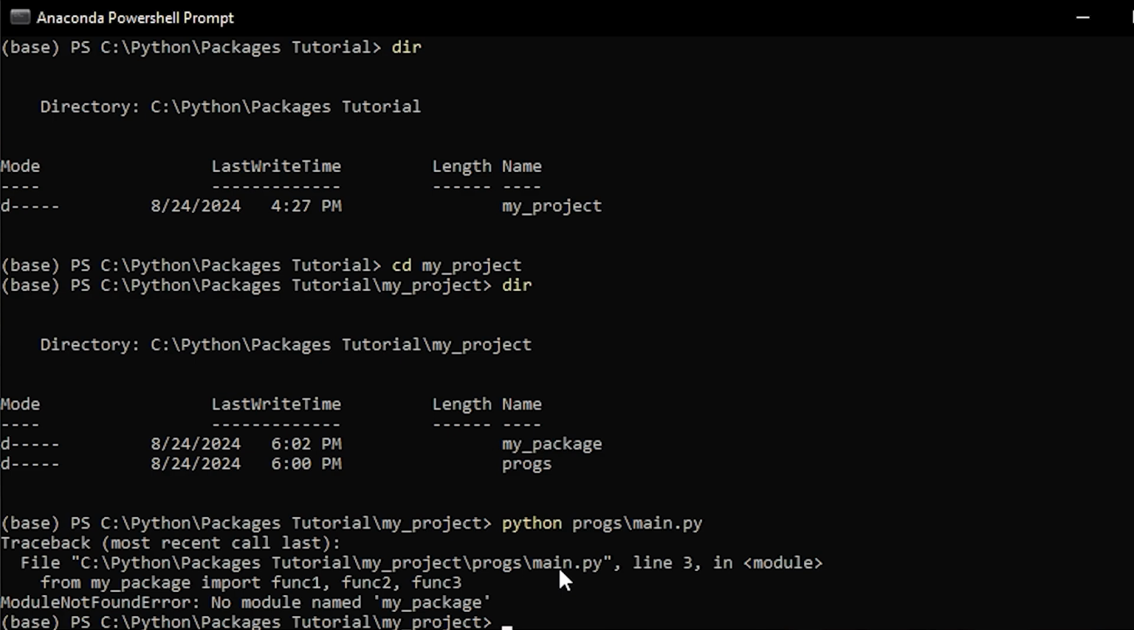We got an error because Python did not know where to look for the modules. And the reason for that is because we are running Python in the base environment, and we have not added that path to the Python path variable. And here's how you can do that. You can set the Python path variable like this: $env colon uppercase PYTHONPATH equals, and then you type in the string path that represents the root of your project folder. So that is C